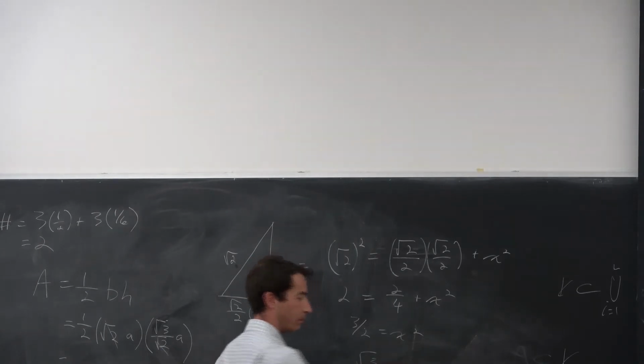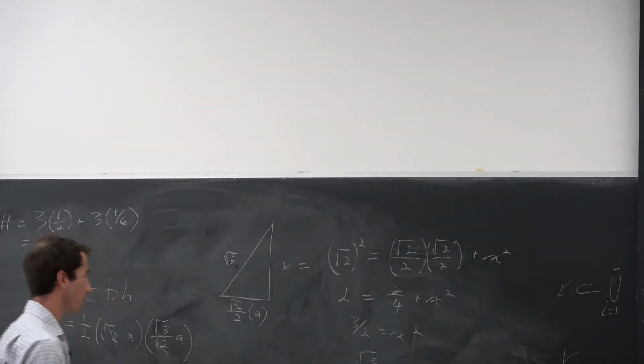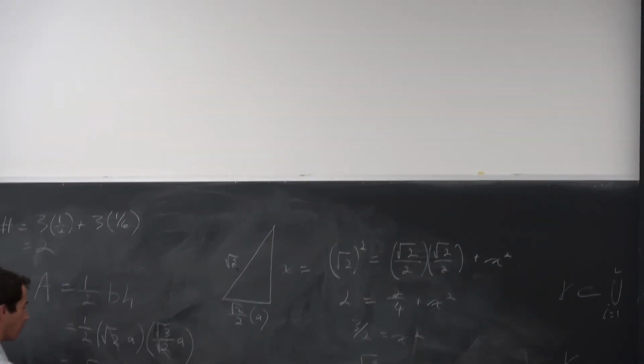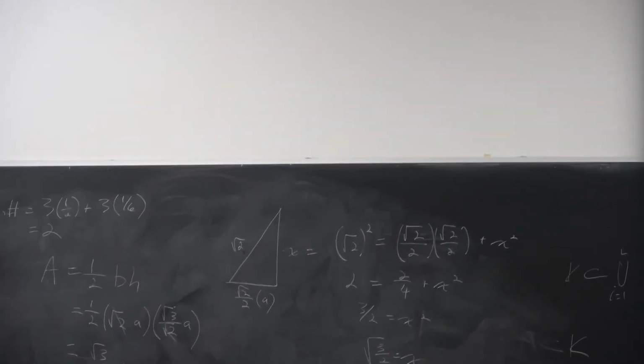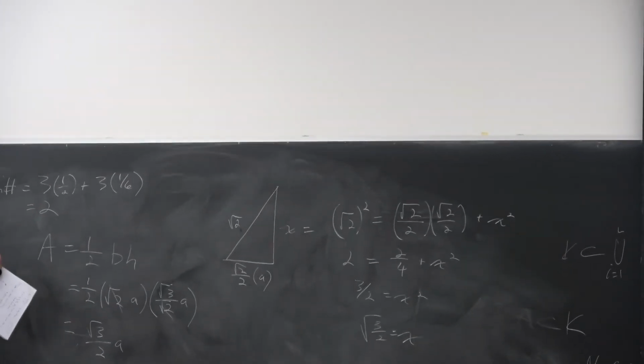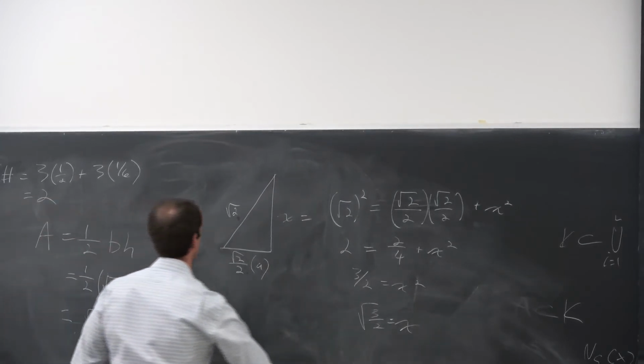Oh, okay. It should just be the shortest. Right. This is right? Yeah. Okay, so that cancels, and this gives you square root of 3 over 2 times a. Now, this is just the area that we calculated, right? We still don't have our planar atomic density. So our planar atomic density then